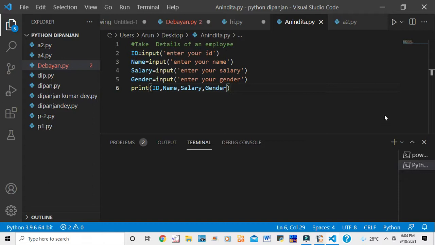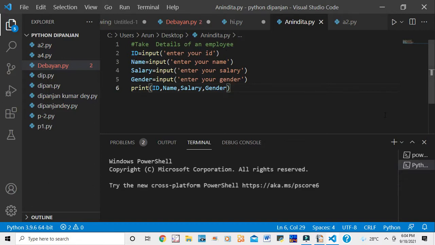Just taking time, it will run. You see, it's just opening, because this is in script mode. In script mode, it will take time to run the program, but in interactive mode, the immediate output will show. But this is in script mode, so it will take time to run the program.